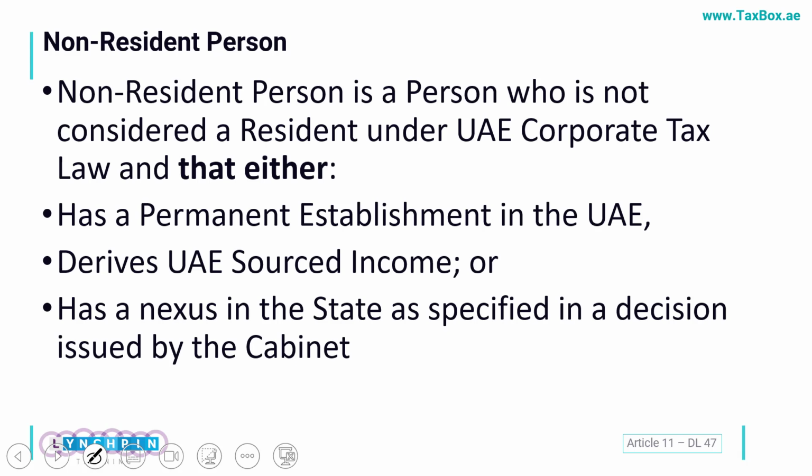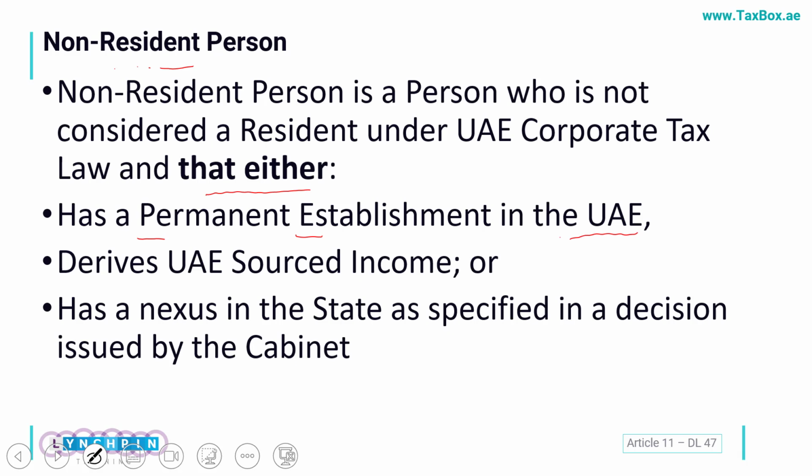Next, of course, would be somebody who would be considered as non-resident. In this case, it is somebody who will not fall under the first category, and such an entity fulfills any of the following conditions. They have a permanent establishment in UAE, which means that a company has a branch here, has a significant presence here, and is conducting business from within UAE also. They may have a factory here, a branch office, a site office, any such thing.